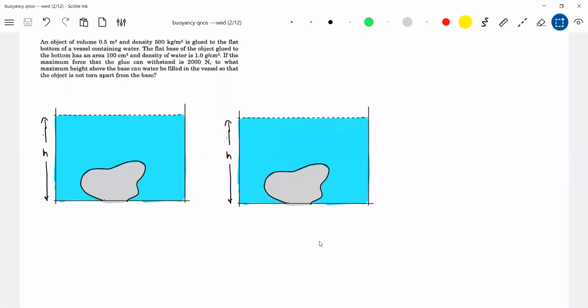So first, what are the forces that will be acting? The weight, and the buoyant force. Somewhere I'll show it like this. So there's a buoyant force. Then the liquid will exert a force, a pressure force, PA. And the glue force, in what direction? The glue force here I'll show with this thick line. Only this much area is in contact, no? So the glue force will be acting downward. This will be F glue.